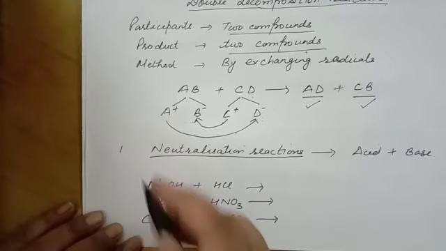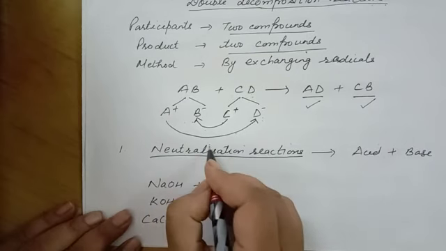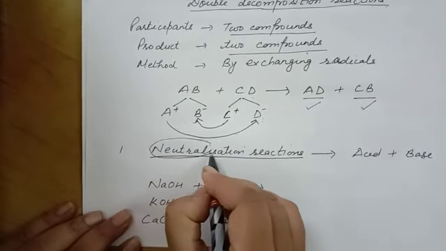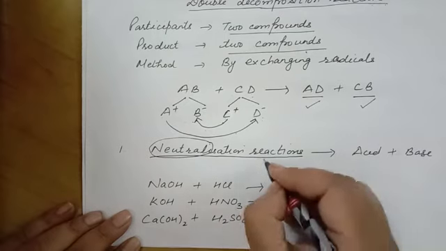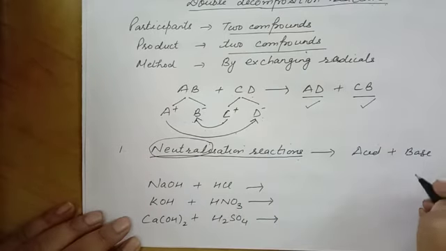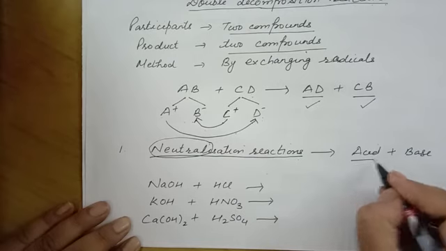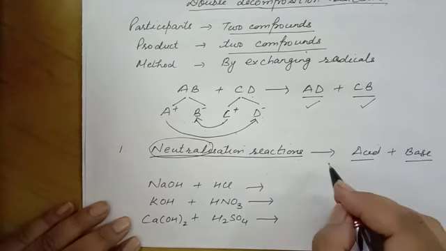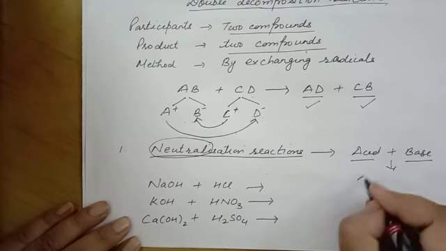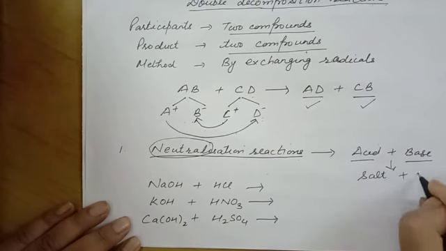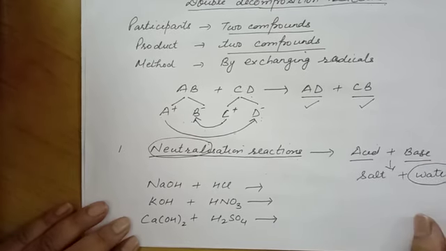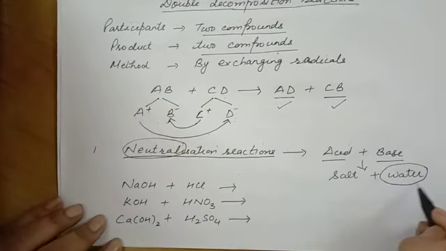The first type is neutralization reaction. What is neutral? In this reaction, a product is formed that is neutral in nature. Commonly, these reactions are between acids and bases. When an acid combines with a base, the product is salt and water. In nature, water is neutral. So that is why these reactions are known as